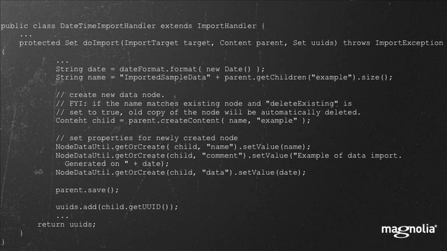which has some code that I've taken out just for clarity, but basically what it does is when this do import method is called, it runs this block of code here. You can see we have our import target, which is what we specified in the configuration. And we also have an item called parent. Now, what you would probably think is you would look at the import target, look at the path that's specified there, and use that. What you actually want to do is use the parent content item and put your data